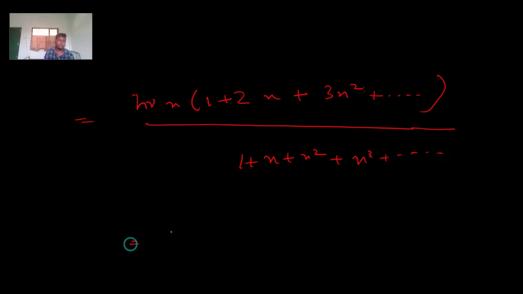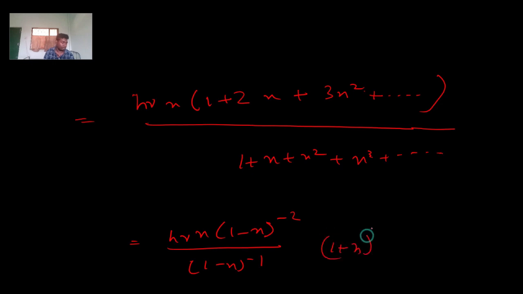yes, and then we can write h nu x into 1 minus x, whole power minus 2. It's the binomial expansion, and 1 minus x to the power minus 1. And I think you know one thing, that 1 plus x whole to the power n equals 1 plus nx plus n into n minus 1 x square by 2 factorial. Okay, this is the formula we use for the expansions, and